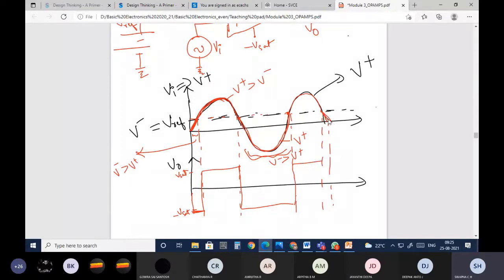Then all these values are below the inverting terminal voltage, so it will be minus V saturation. Here, if you can draw the first one, the rest will all alternate. Okay, you'll have alternating outputs, but you should identify where exactly you need to take the output.